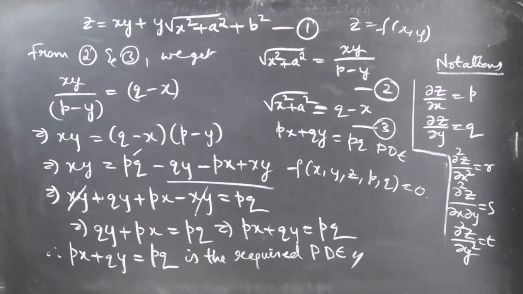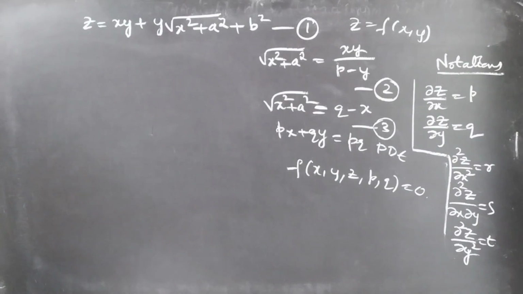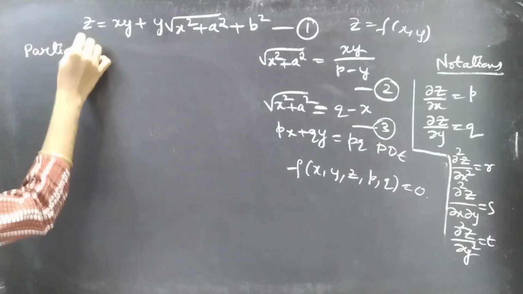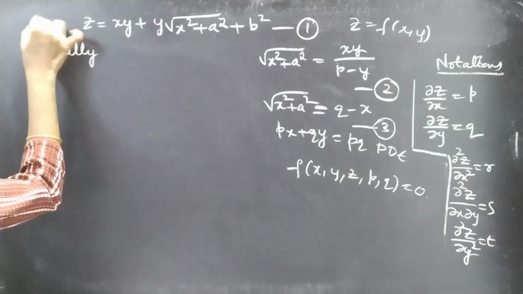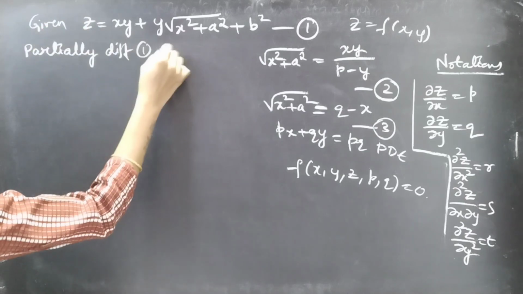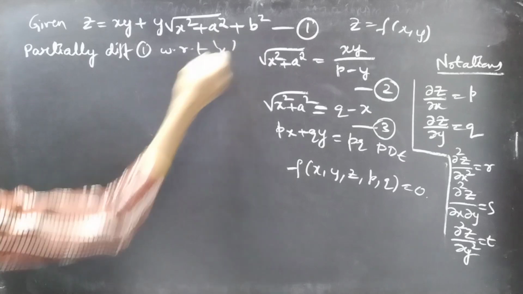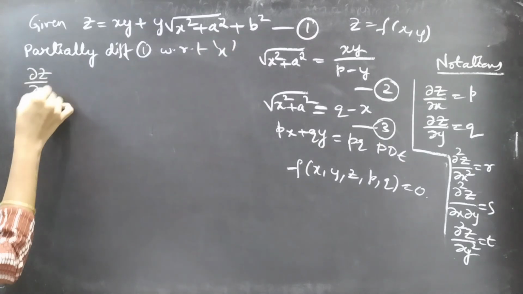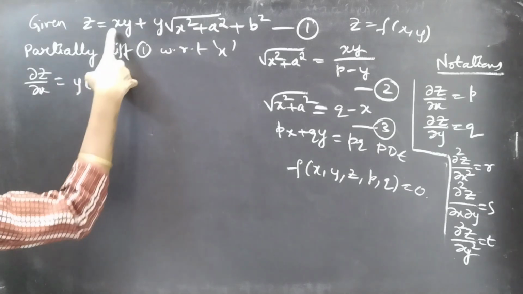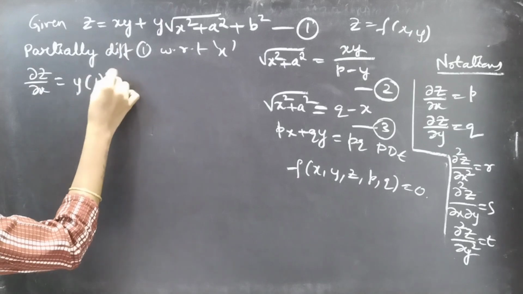Okay, now let's see the same problem by reducing the number of steps while finding the partial differential equation. Partially differentiating 1 with respect to x, dou z by dou x equals partial derivative. Since we are partially differentiating with respect to x, y will be treated as constant. So we can write this as y into partial derivative of x with respect to x is 1 plus y